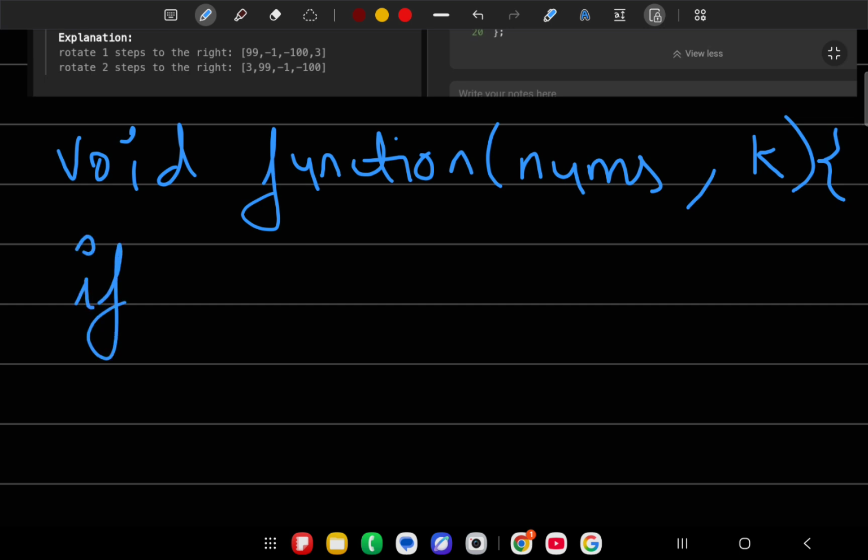if n double equals to 0, where n is the size of our array. Size of what? Let's write it: it is nums dot size.